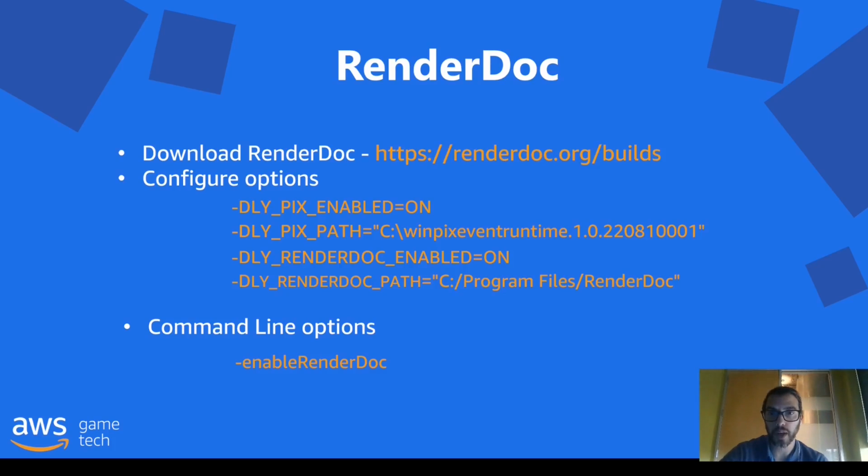So you will want to have -DLY_PIX_ENABLED equals ON, -DLY_PIX_PATH, which points to the folder where WinPixEventRuntime was unzipped, -DLY_RENDERDOC_ENABLED equals ON, -DLY_RENDERDOC_PATH, which will point to the folder where RenderDoc was installed. And then when you're launching the app, you will want to use the command line option -enableRenderDoc. Next, I'll give you a quick demo on how we can use RenderDoc to inspect data related to every pass